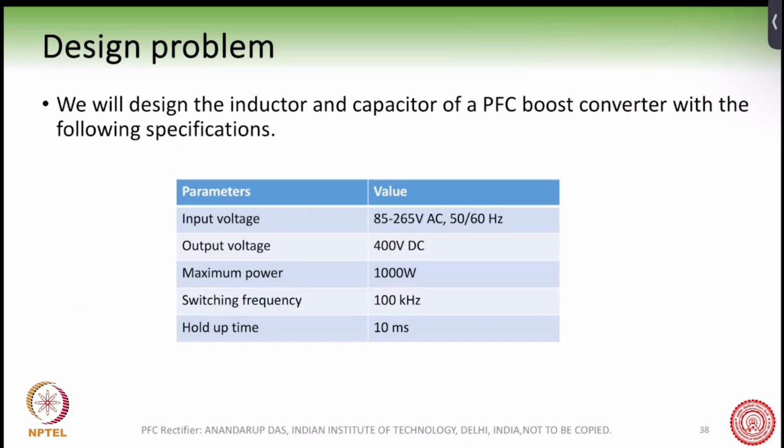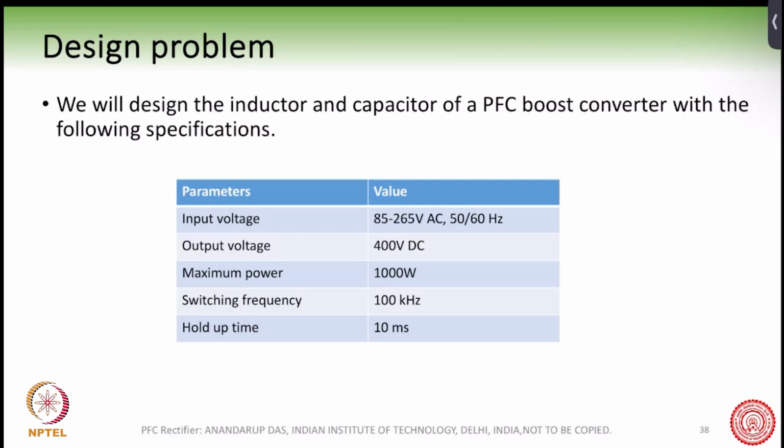So let us look into one design problem, which we have covered, all the theory we have covered, but we'll just try to see a little bit of this inductor and capacitor design. So here we will only concentrate on the capacitor and inductor design. We will not go into all the details of the switches, diodes and all, for which there are several literatures and lectures available. You can see those, but we will specifically focus on designing the inductor and the